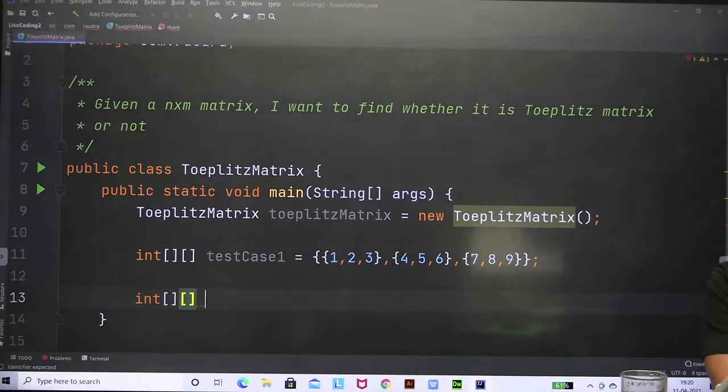Is it not necessary to give matrix values inside brackets like in C? I'm doing that only, right? So test case 2 equal to, again I'm having the same thing. So I'm going to write one more test case which is actually a Toeplitz matrix in this case. So 1 comma 2 comma 3 comma 4, right? And then I will have